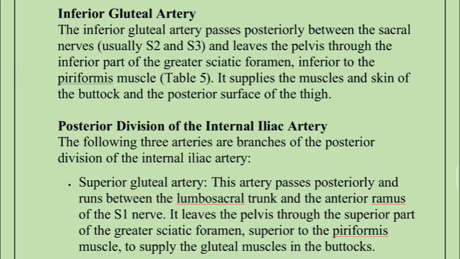The inferior gluteal artery supplies muscles and skin of the buttock and the posterior surface of the thigh. So it doesn't actually supply the pelvis, but it goes through the pelvis. That is why we call it one of the pelvic arteries, though it's not supplying any structure in the